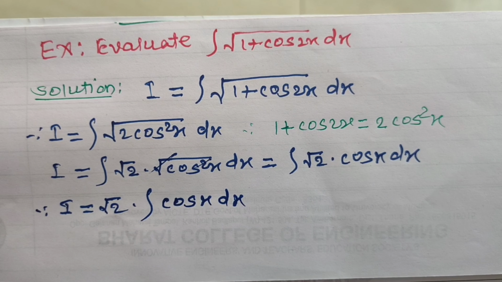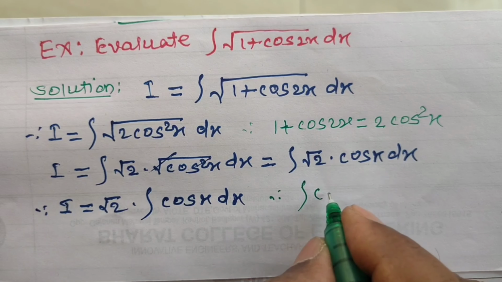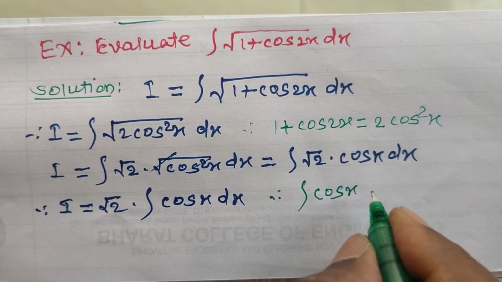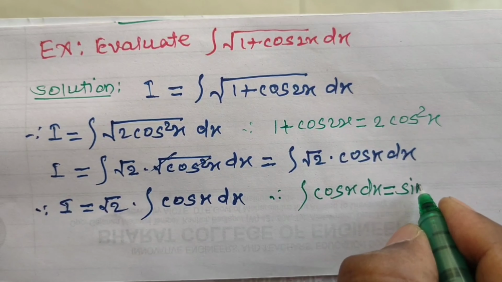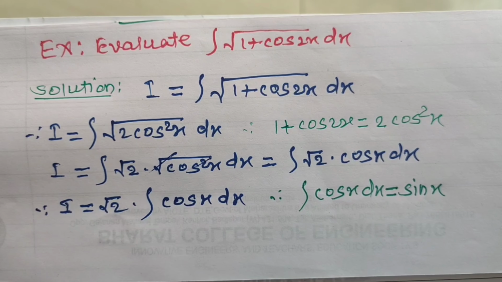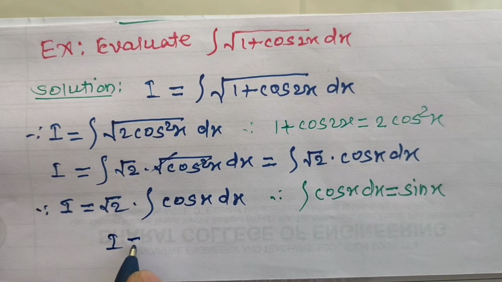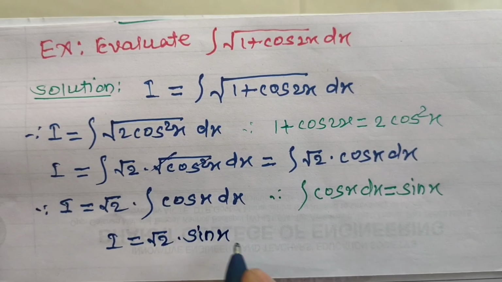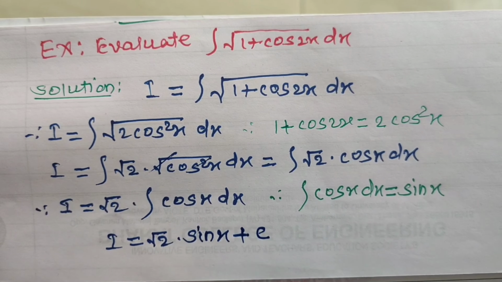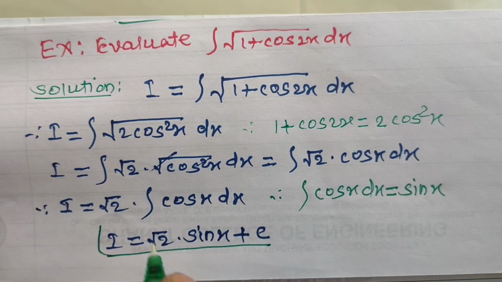But we know the formula, since integral of cos x with respect to x is equal to sin x. This is a standard formula of integration. Hence, I is equal to square root of 2 into integral of cos x, which is sin x, plus integral constant c. This is the solution of the given sum,